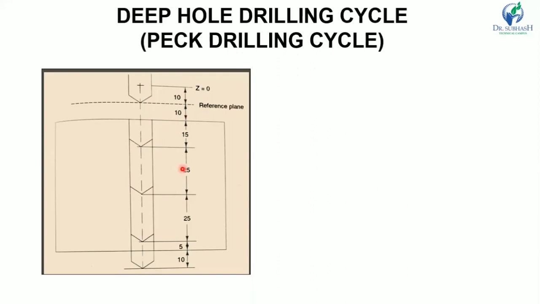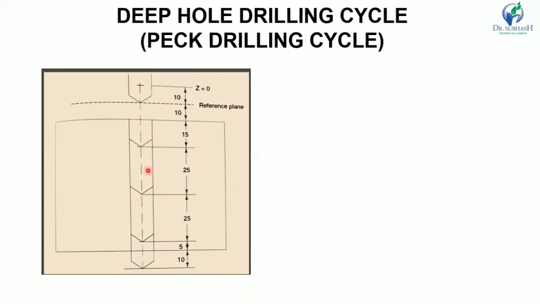So the hole is not drilled in a single pass. Each time the drill is fed to a specified depth and withdrawn to the reference plane before feeding the drill further into the workpiece. Here the total tool travel from the reference plane to the final position of the drill is programmed as the Z value, and the incremental depth after which the tool has to be withdrawn is programmed as the K value. That means for every pass it will go the K value. Here we take K equal to 25 mm.